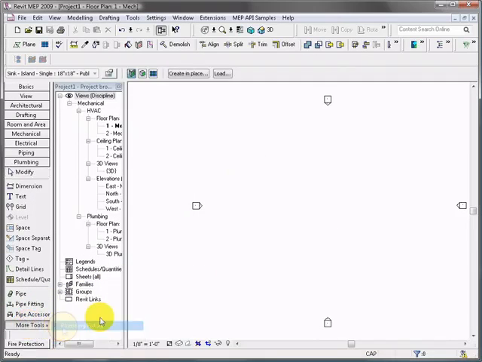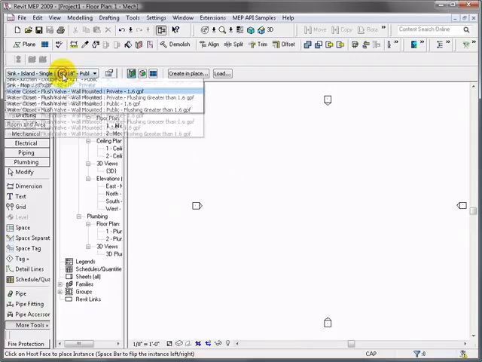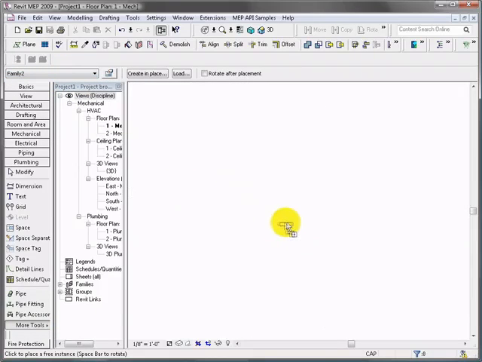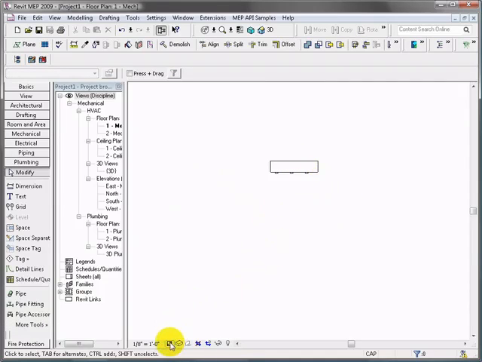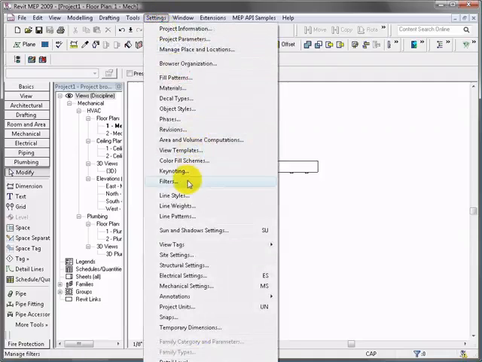So I've loaded that in. I'm going to go ahead and place that. Need to select that new family from the type selector. Go ahead and place that in my model. And then the other thing I'm going to want to do is in my plumbing floor plan, I'm going to switch over to that here in a sec, but in my